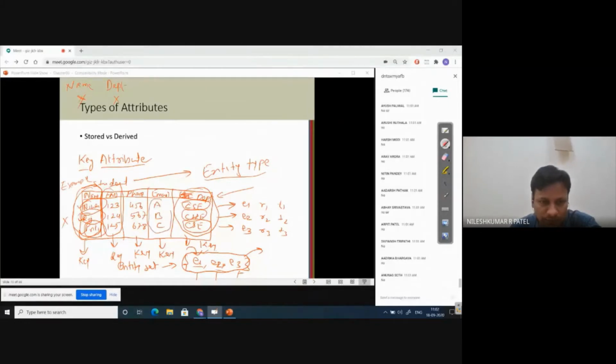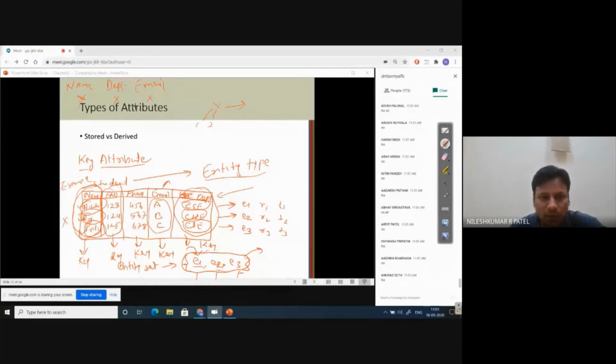Quite possible the email ID of each and every student is unique. But for example, when two students come to this university and they want to mention their parents' email ID instead of their own because they don't have one. So student number one, whose father is X, for example, and student number two, whose father is also X, so having the same email ID, right? So if two students are having the same email ID, we have to rule out email also, right?